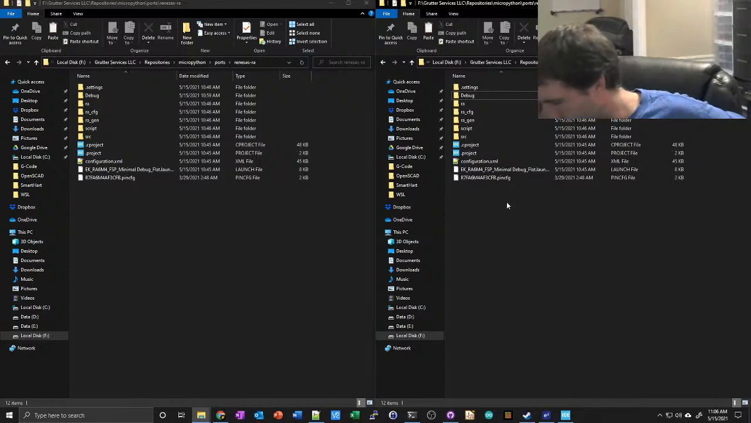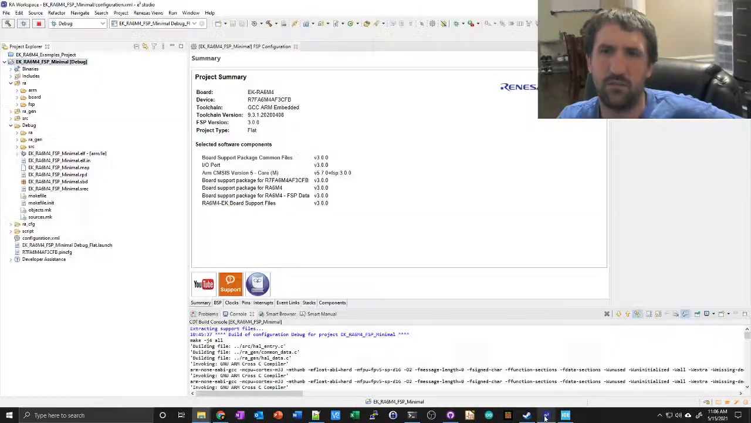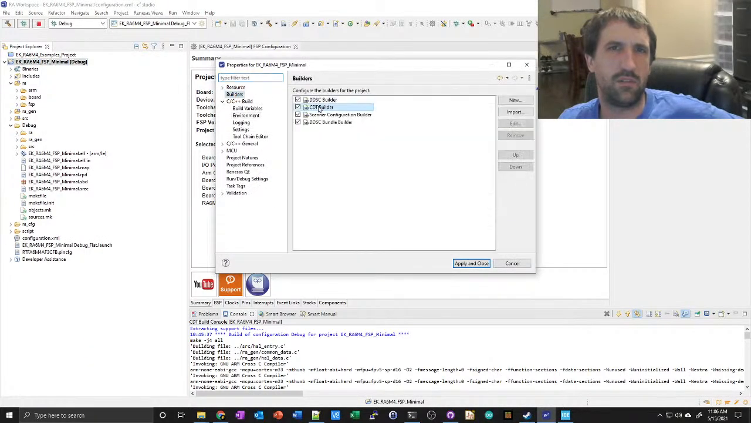Okay, so how am I going to go about this? I can't reuse the makefiles, because it uses that CDT builder. Well, what does that even mean? What does it mean to use this CDT builder and the DDSC builder? Because I don't need it to generate the code every time. Of course, that would be nice, but